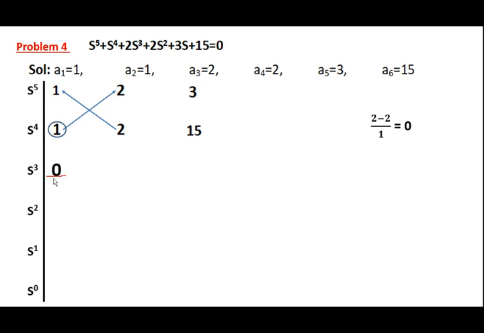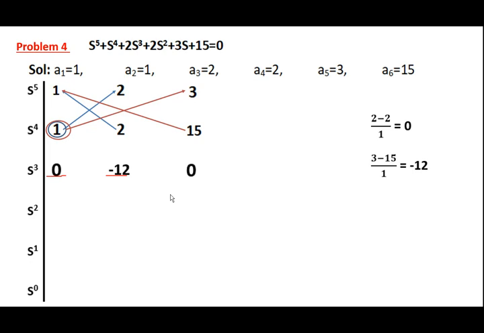That is 0. Next, to find out the second element of the s^3 row: 1 into 3, that is 3, minus 15 into 1. So 3 minus 15 divided by 1. So 3 minus 15 is 12, so minus sign is for 15, so it is minus 12. So write minus 12 in the second column as the second element. Next, there are no other elements, so to find out the third element you can put 0 in place of the third element of the s^3 row.